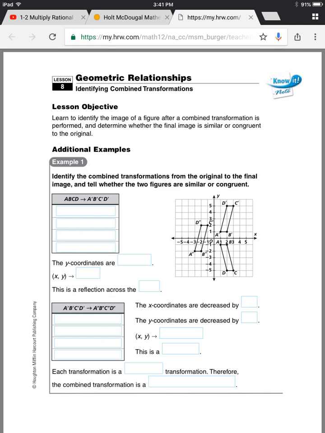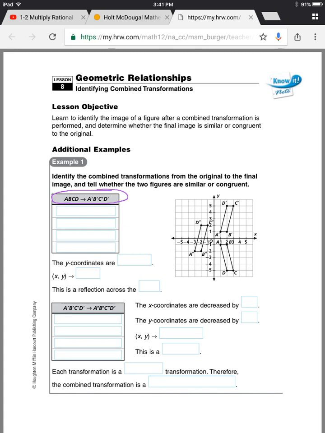Identify the combined transformations from the original to the final image and tell whether the two figures are similar or congruent. So, the original is the one with no commas. The first transformation is the image with 1 comma. And the final transformation is the image with 2 commas, or double prime. So, we want to look at the original. Okay, we're looking at these two here. So we're first going to look at the original